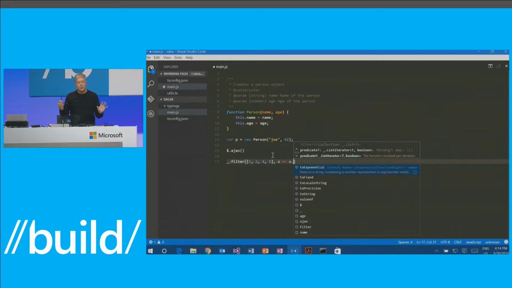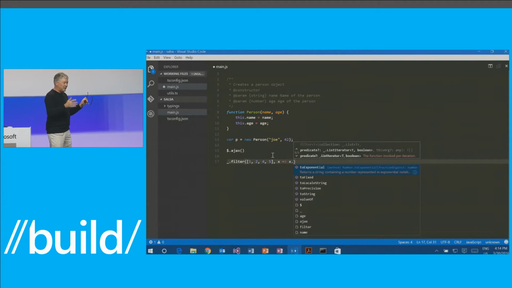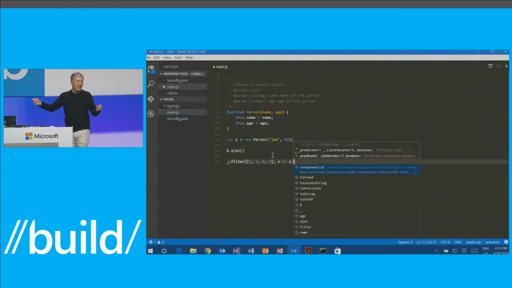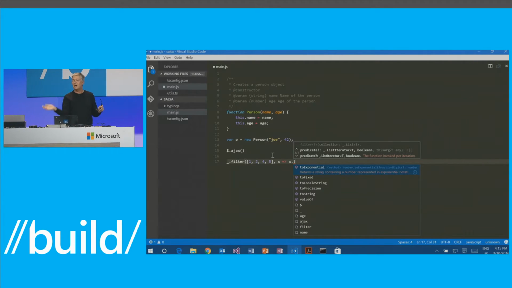So this allows you to gradually move into a world where you take advantage of all of this information, and you can stop pretty much at any point, as you can see. You could just have plain JavaScript with nothing. Or you can have a little bit of help, or you can go further and rename your file to .ts and actually start writing annotations, if you will. It's entirely up to you where you put the dial.